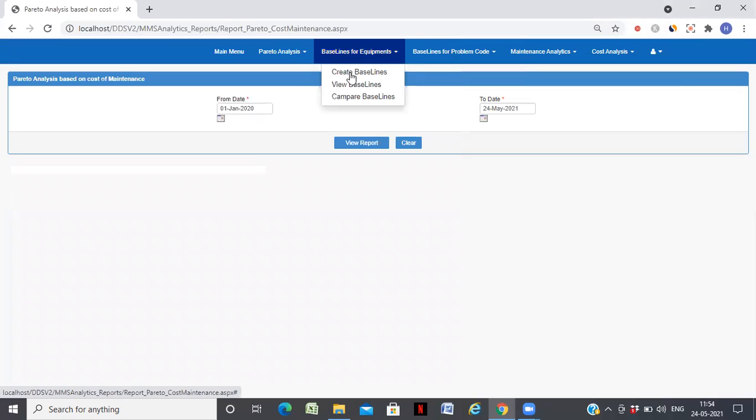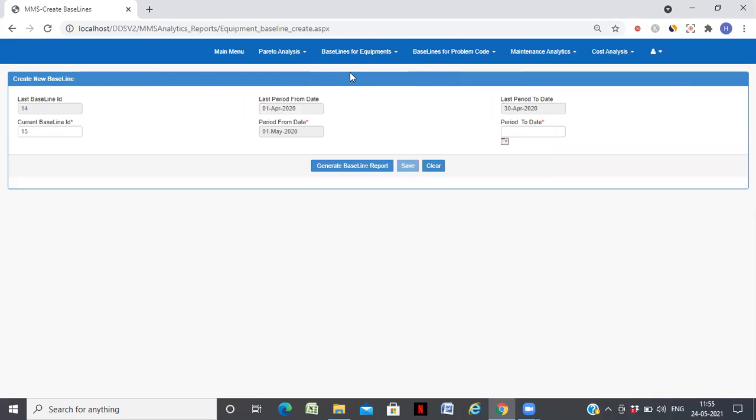The next one is, this system comes with creating benchmarks for previous periods. So the main reason is you can analyze your past performance, identify the action items which can improve your overall equipment availability as well as reduce the cost of maintenance, right? And then you can implement those action items and see if it has actually yielded benefit or not. So now we have created baselines for every month's data, but depending on your need, you can change the frequency as well.